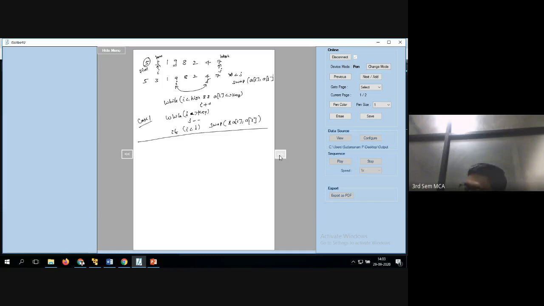Now once again, what will happen after swapping this? I'll write it: 5 3 1 4 8 2 9 7. Now 4 is less than 5, true, so the i value will be incremented. Now 9 is greater than 5, yes, so the j value is decremented. 2 is greater than 5, the condition is false, and i is less than j, so here also we swap the values